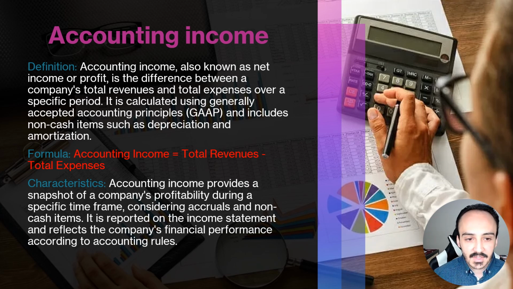Formula: accounting income equals total revenue minus total expenses. Characteristics: accounting income provides a snapshot of a company's profitability during a specific time frame, considering accrual and non-cash items. It is reported on the income statement and reflects the company's financial performance according to